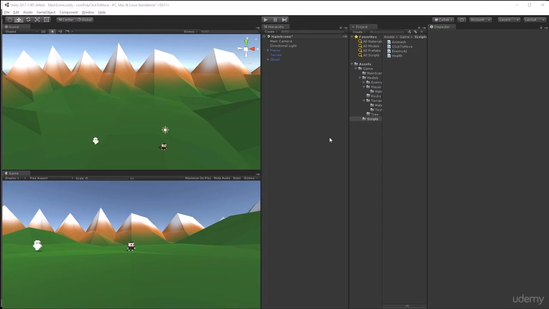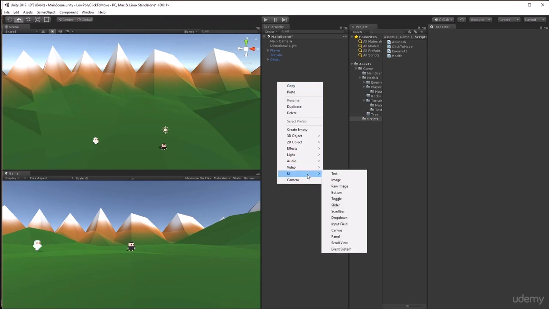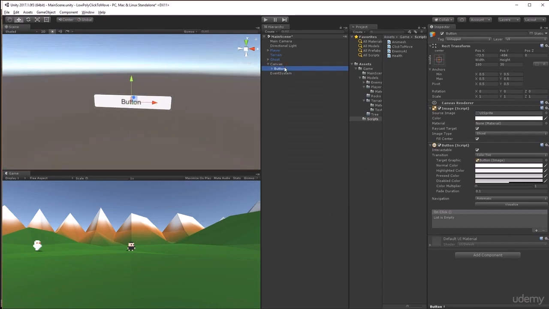Now let's create a very simple UI that will display a button telling us that we've died and that we can click it to restart the game. So let's do that now. So if we right click in the hierarchy view and we choose UI and button, and let's just double click that button,